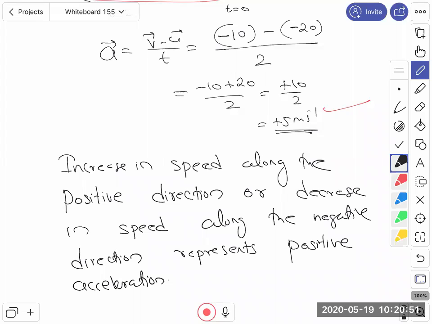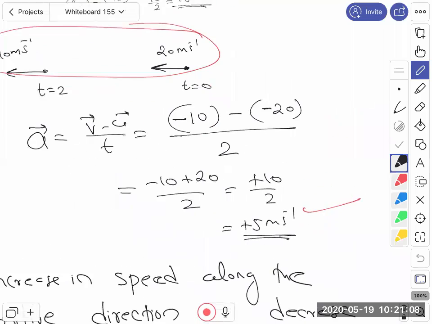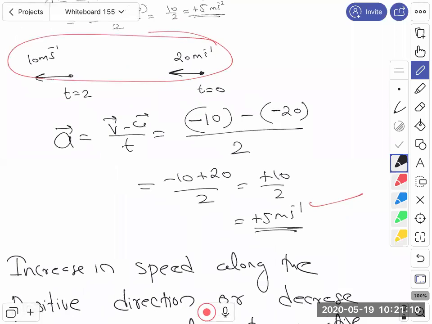Sir, in the previous question, I mean example, if we take initial velocity is equal to -5, then what will be the acceleration? Initial velocity is -5. Like in this situation. Yes. So initial velocity was -5 and its magnitude is increasing, like speed 5 to 10 में हो गया. So speed is increasing along the negative direction, then acceleration becomes negative, not positive. Okay.